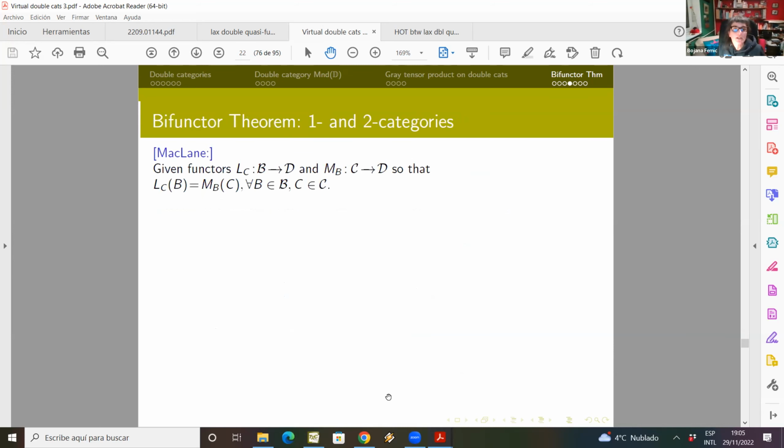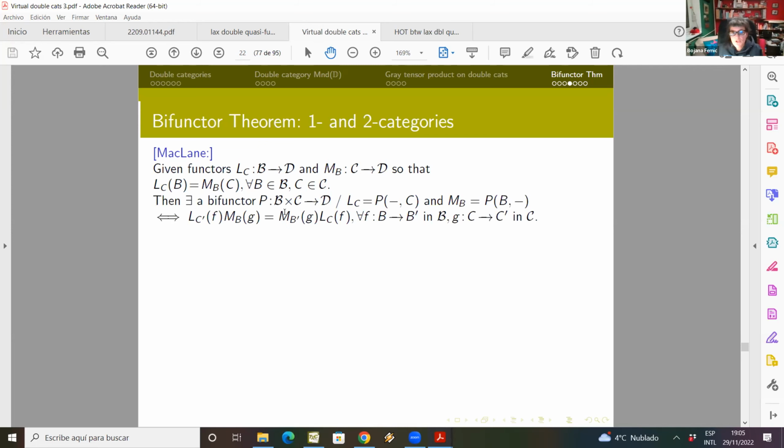And now I pursue other results that Fal, Manuel, and Siqueira proved for two-categories. This is about the Bifunctor Theorem, and this is the background that existed on one-categories and two-categories. For one-categories, you may find it in Mac Lane's book. It is the first proposition there: given two functors labeled in this way, that both end up in the same category, so that you have this relation among them, then there exists a bifunctor on the product of the categories into D,